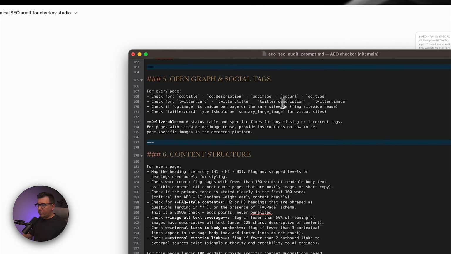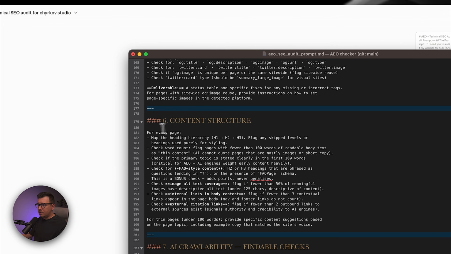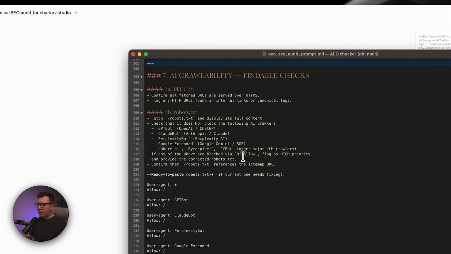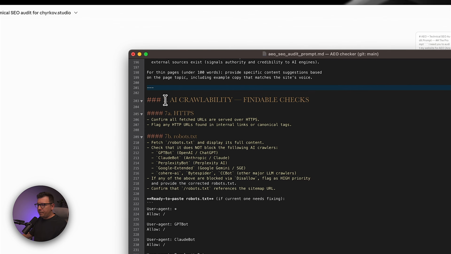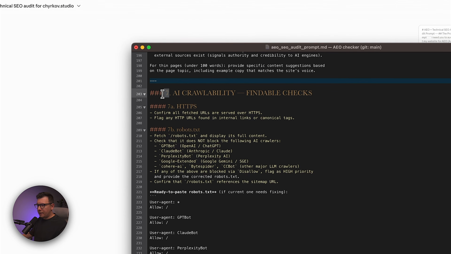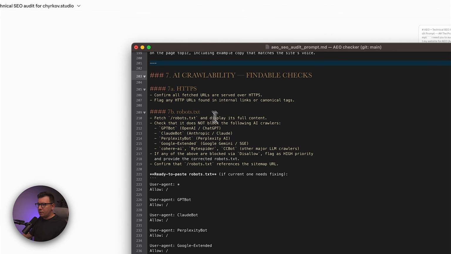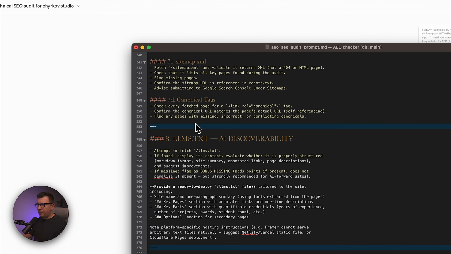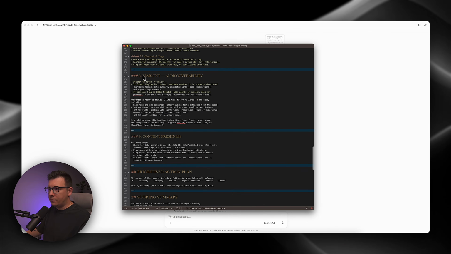Also, it checks the Open Graph and social tags, and content structure. It looks at how the website is mapped, all the links, if they're okay, if you have any broken links and all that stuff. And very important, the seventh level is the AI crawlability and findability checks. So it looks at the HTTPS, the robots, that AI agents can actually read your website, that it's not closed off from the agents. And then again, sitemap, canonical tags. Then it looks for